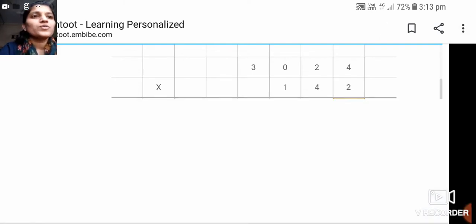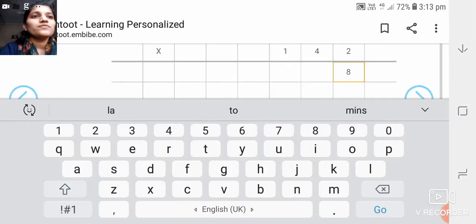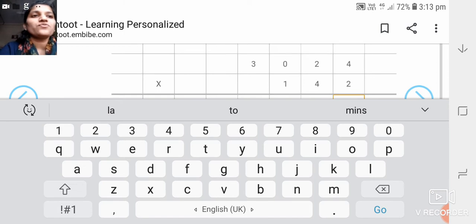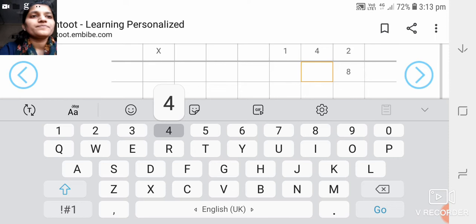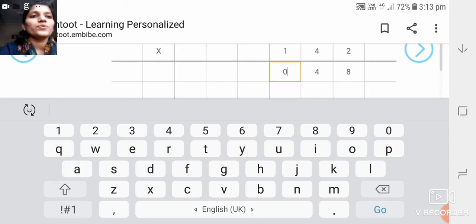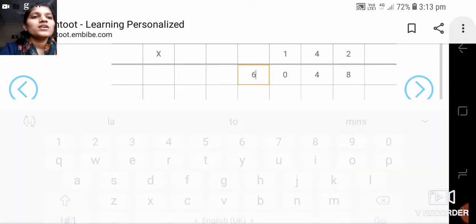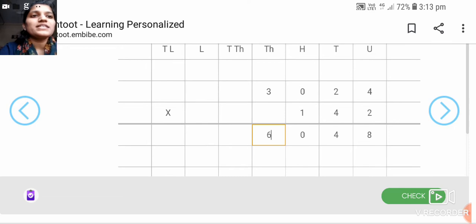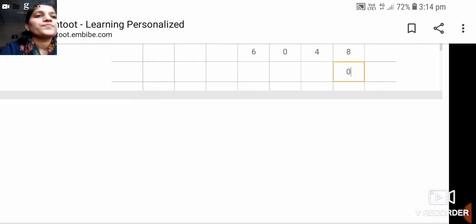Okay, so yes, now 2 4s are 8. We are going to multiply 3024 by 2. Then 2 2s are 4. Then 2 zeros are 0, here we are going to write 0. Then 2 3s are 6. So here students, in the first step you can see that I have multiplied 3024 by 2. Now when we start with the second step, we are going to write here 0.